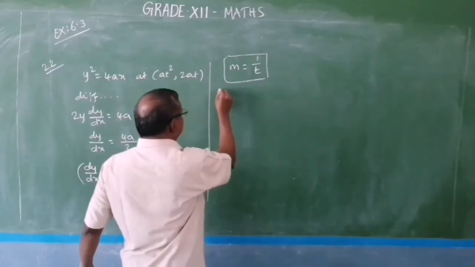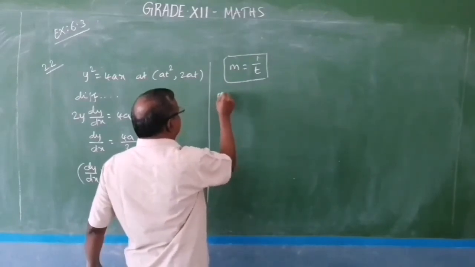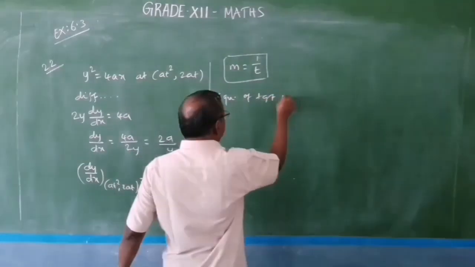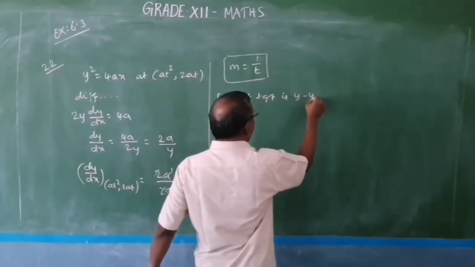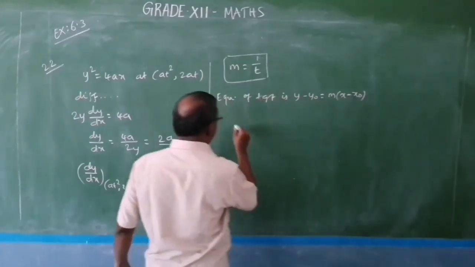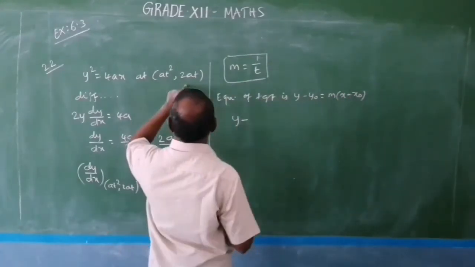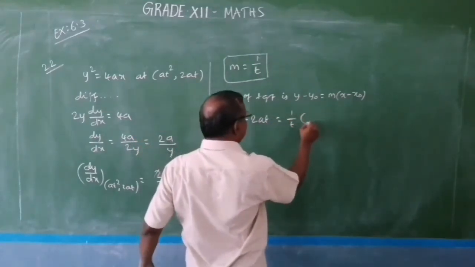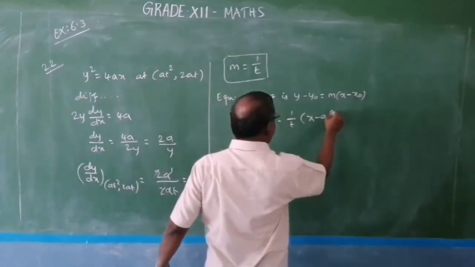The equation of tangent is y minus y0 equal to m into x minus x0. So y minus 2at equal to 1 by t into x minus at^2,